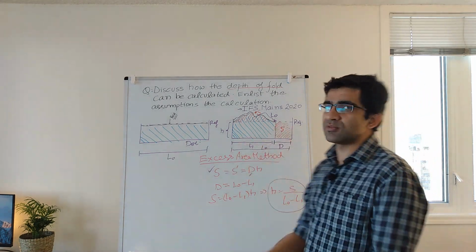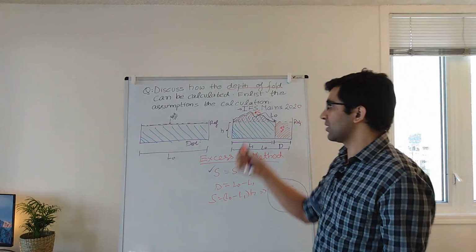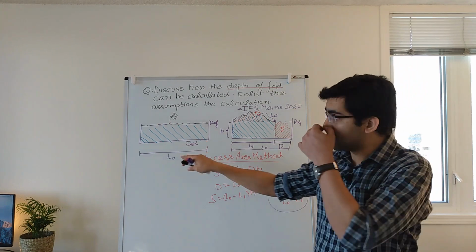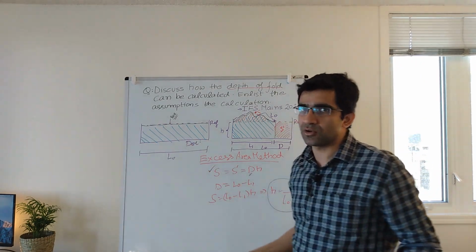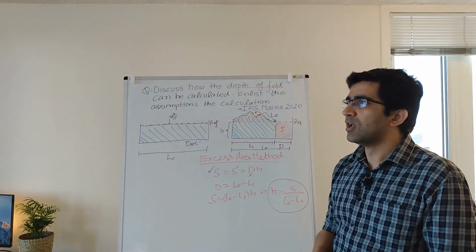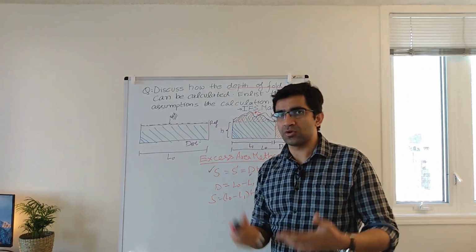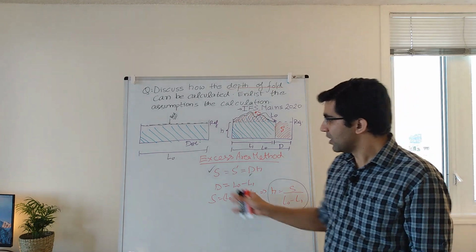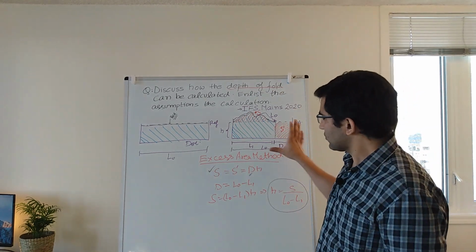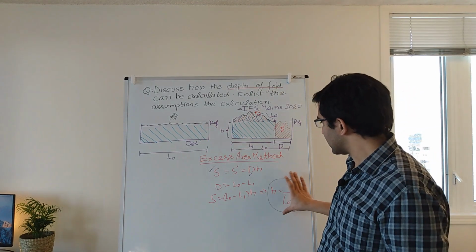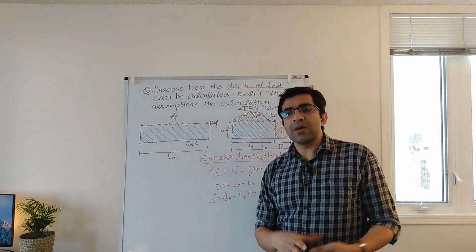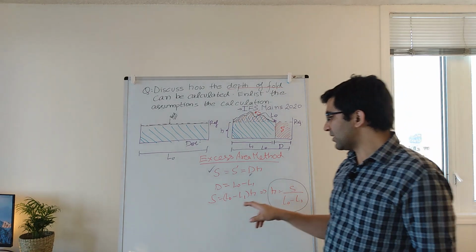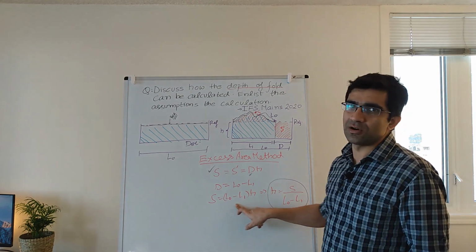Now there are many assumptions involved in this calculation. For example, the bed that you are taking is parallel to the detachment, area remains constant, no material is added or removed. So there are 5 assumptions in total. You can check those assumptions by clicking on the link given in the description. Now this is the final thing that we get. Some people these days are trying to improve it so that you can get rid of the terms L0 and L1 altogether.